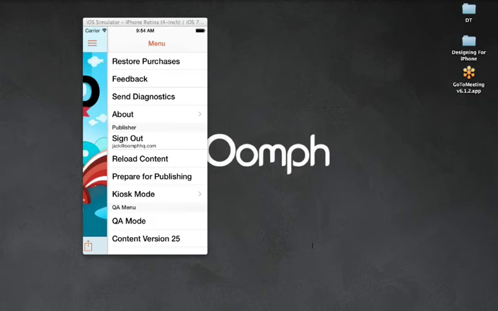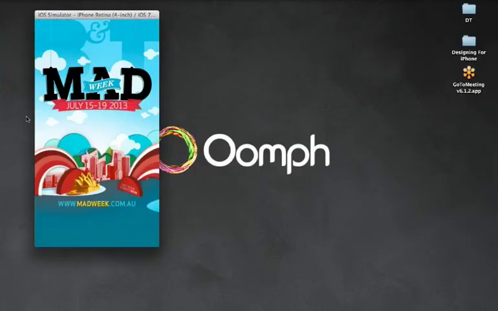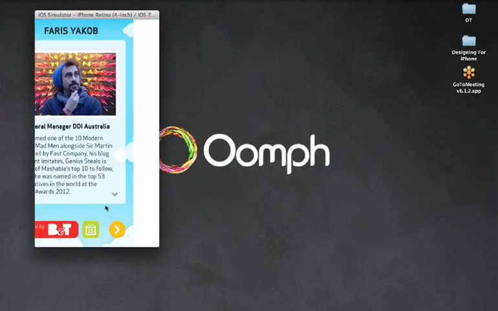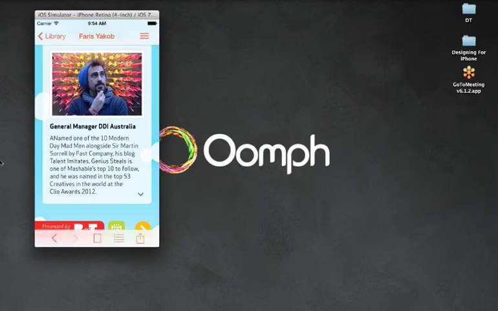So there's another question here. Any tips for setting up a good navigation? As you can see, there's not a whole lot of space on the iPhone for navigation. So usually you'd want something fairly non-obtrusive. What you can use, which is true also for the iPad, is the built-in